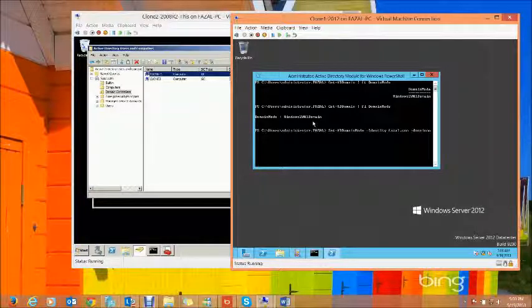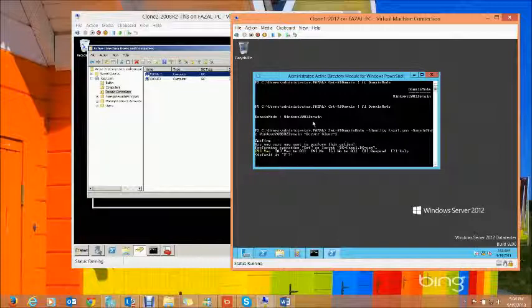Minus DomainMode, and what is the domain mode you want to have now? So it is Windows 2008 R2 domain. Minus Server, and the new server name is clone-1. Okay, so I pressed enter.